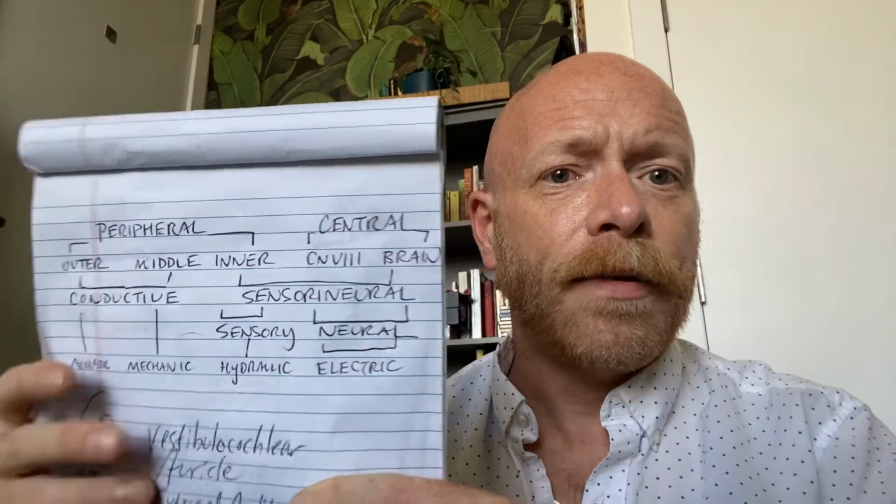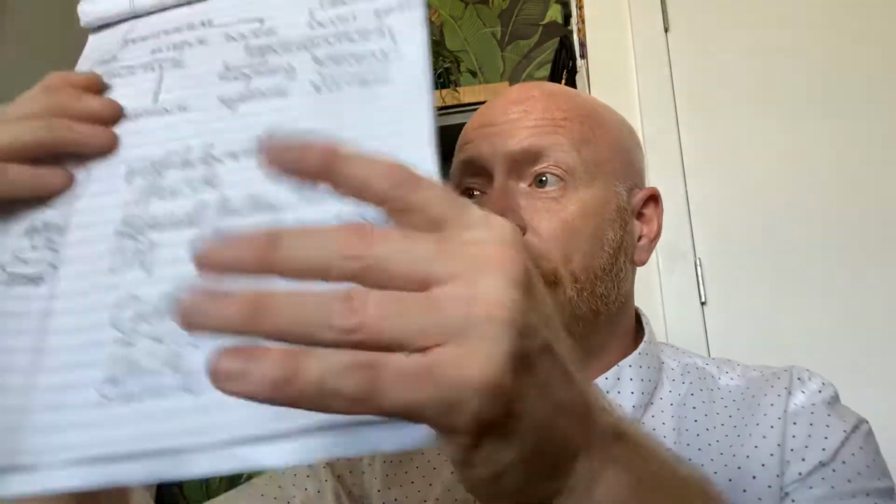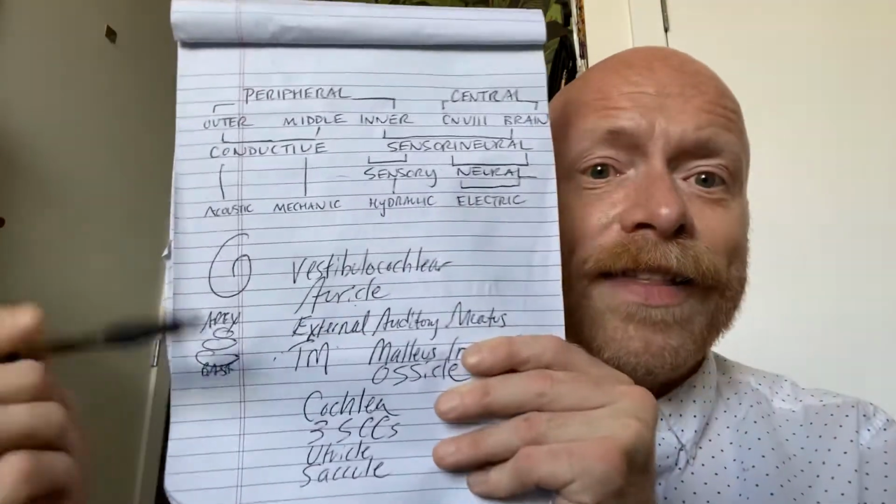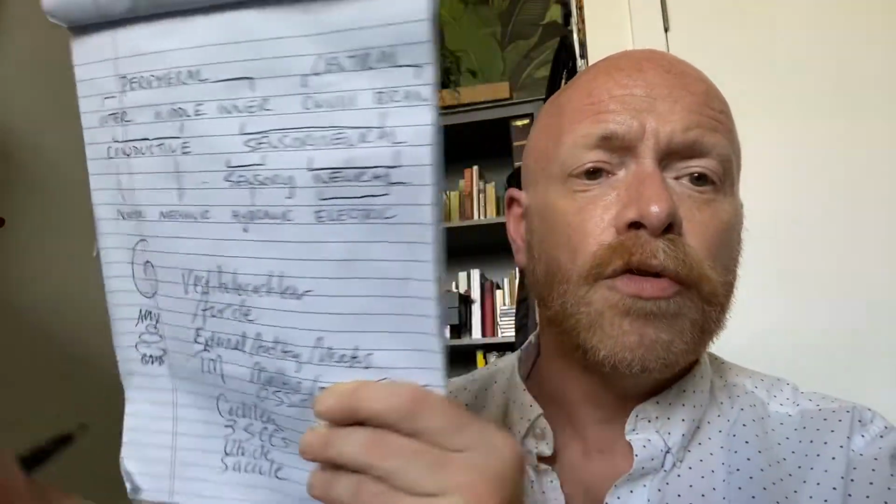Outer ear is comprised of this, which is the pinna. It's oftentimes referred to as the auricle, A-U-R-I-C-L-E, not oracle like O-R-A-C-L-E, auricle. Just call it the pinna. Now, don't call it the ear lobe, however. The ear lobe or the lobule is really just this soft, fleshy part of the pinna. Lay people will call this whole thing the earlobe, which is fine, but we're not lay people anymore.